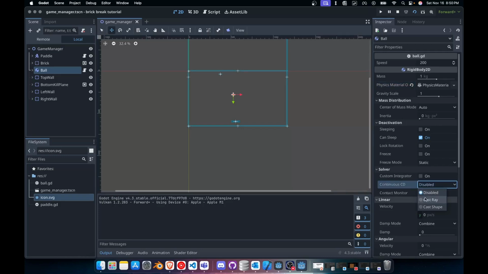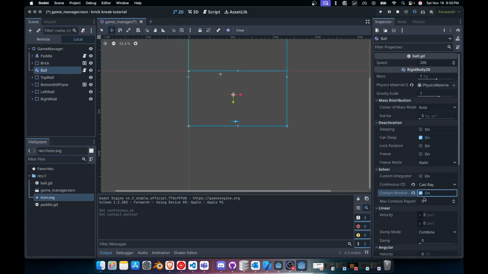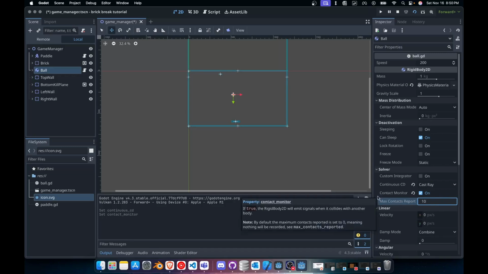So I'm going to turn this on to cast ray. I'm going to do contact monitor, and the maximum contact that I'm going to report is 10. So on max, on an insane one frame hit, it will report up to 10 objects. So if for some reason you hit 10 objects or 11 objects, it will only return 10, but it's for performance reasons. You can actually set it to whichever number you would like. You could probably get away with 2, really, but just in case, I'm going to do 10 and we'll refresh